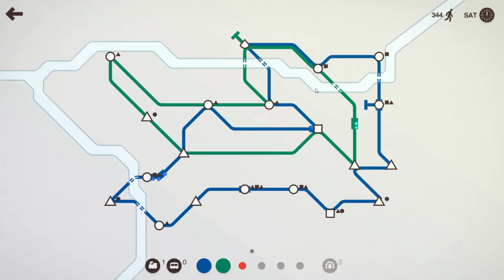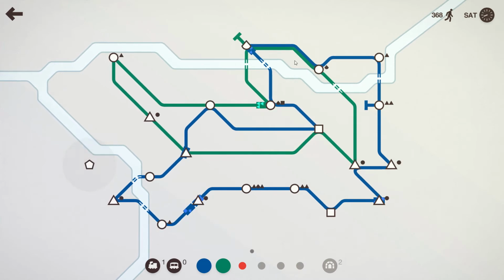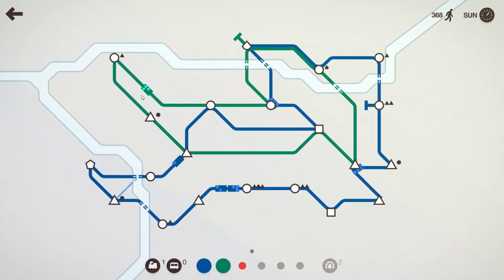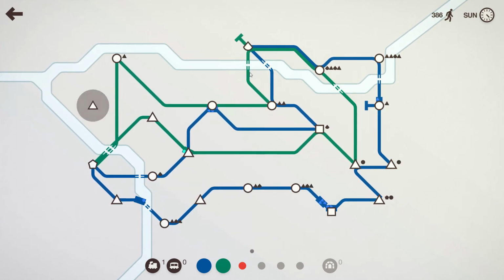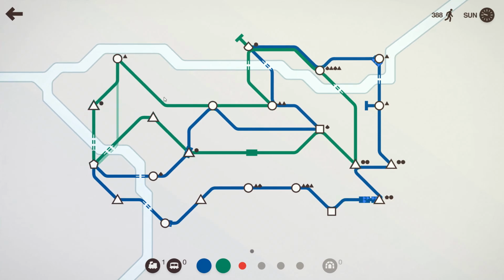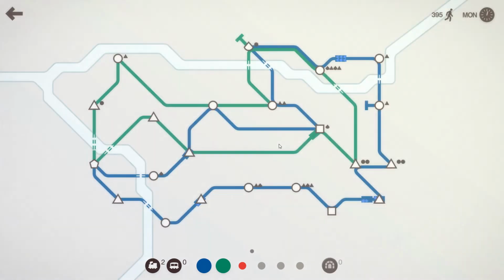I'll have to go back and check what his score was, but currently we've got 352 passengers per week. Actually that might be all time, I'm not sure. I think it's actually all time, not per week. And we'll go connect that there, because that's another unique station right there. So we're going to need some more tunnels whenever we get our hands on some. We'll connect that up to there, locomotive,